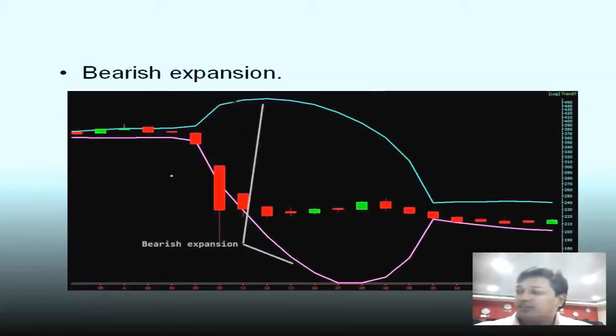This is called bearish expansion. Again, the same scenario. There's a narrow range formation, and as it happens there is a breakdown. While the price is piercing the lower band, start looking at the upper end of the band, and as the upper end of the band starts moving horizontal, this is where the volatility is over and this is where you need to get out.